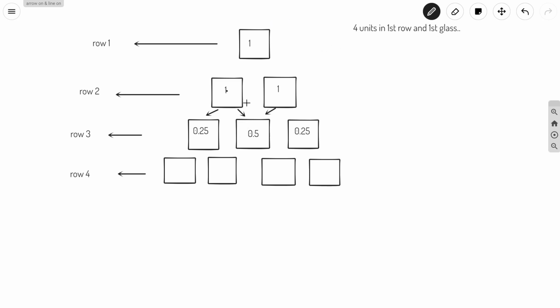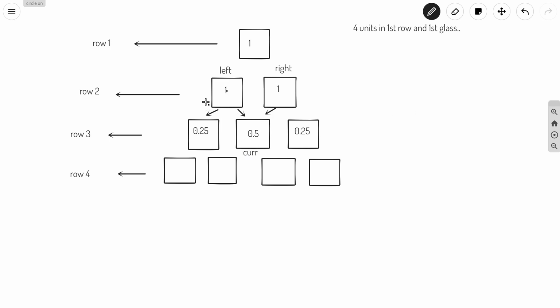So for this particular arrangement, if we want to find out the amount of champagne present in this second glass of the third row, what can we say? This glass will get champagne from the extra champagne which was present in this glass and this glass. So let us call this glass the left glass. It is on the left side and this is on the right side, so I will write here right, so it is the right glass. This is our current glass, I will write here current. This current glass will receive champagne from the left glass and the right glass.